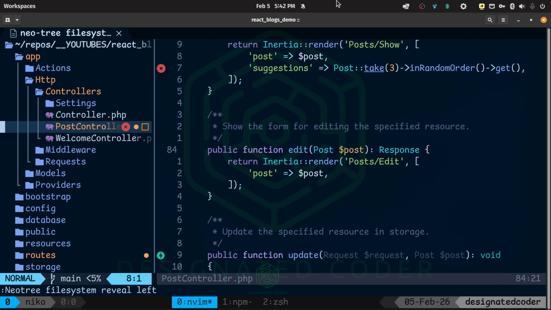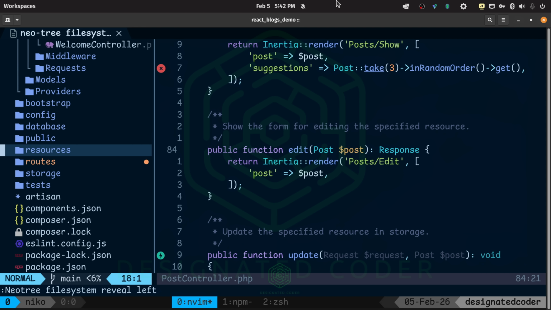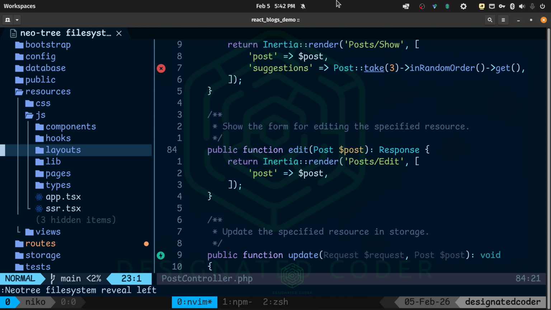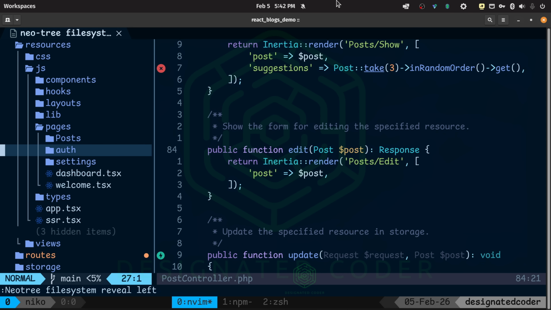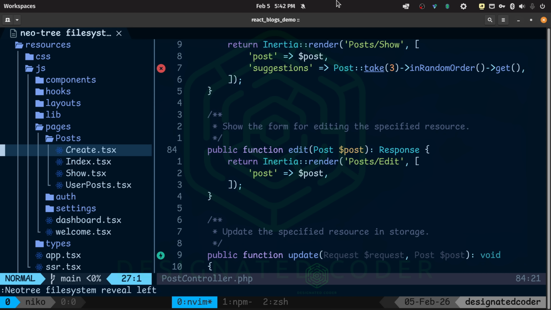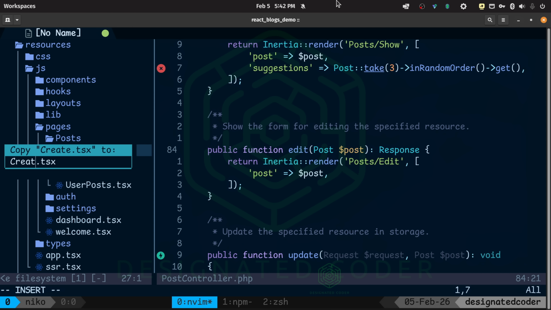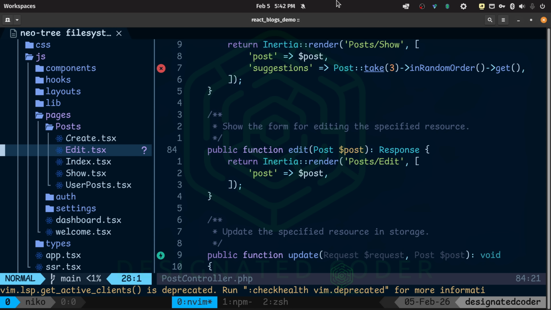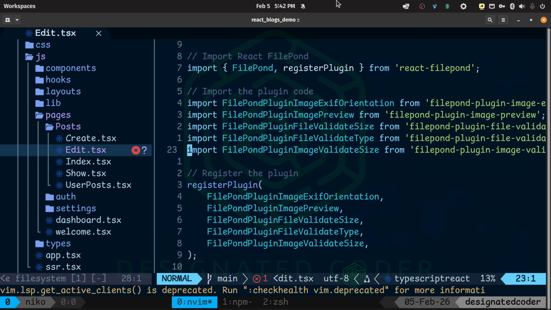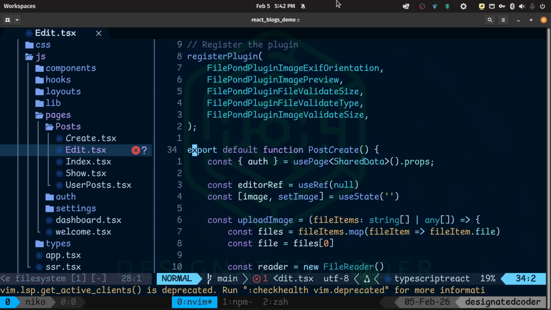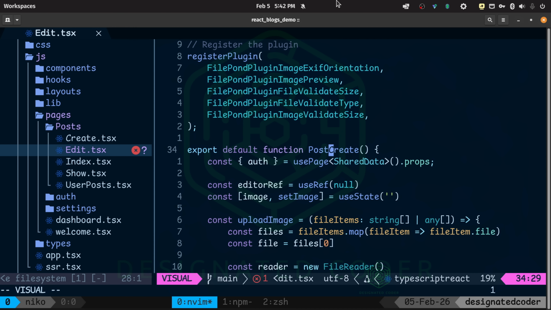Let's go and create that page. Since edit is going to be similar to the create page, let's just go ahead and take that create page and copy it over to save us a bit of time. And then we'll go ahead and change this to post edit. We will need to add the post in here as well, but first of all, let's just create the link,